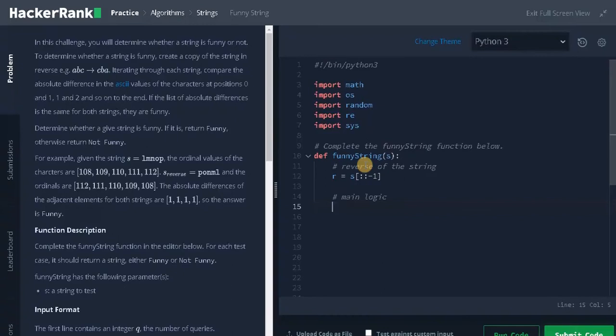Iterate the characters of the string, for i in range of 1 to the length of the string. So we need to compare the current character and the previous character.